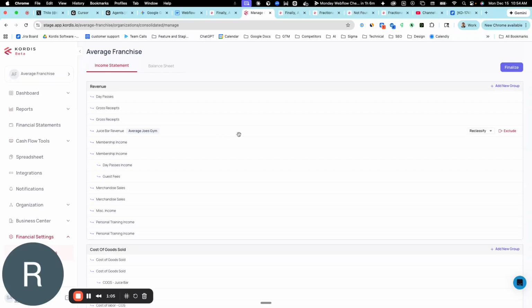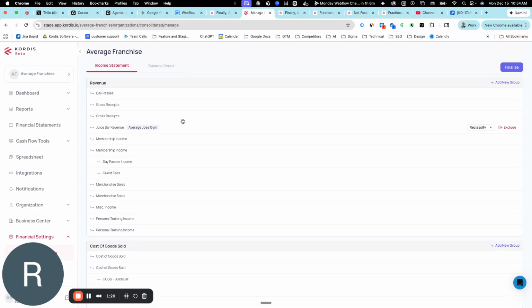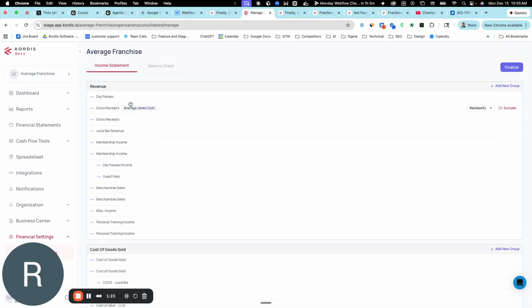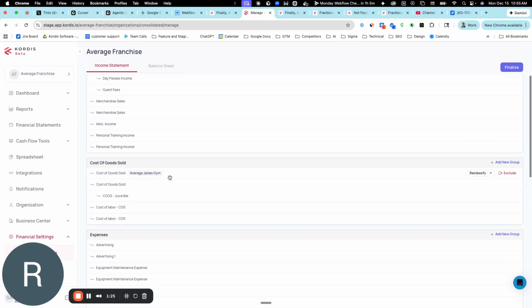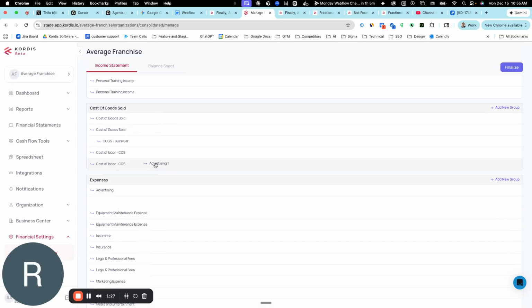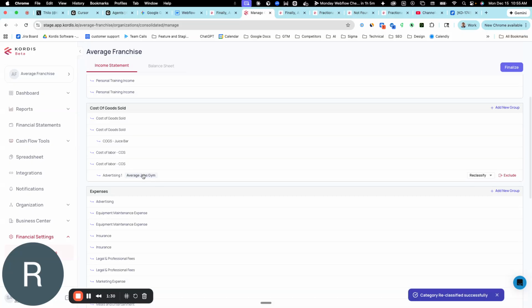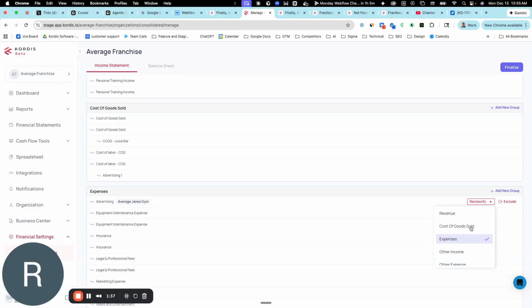screen where you can see all of your income statement and balance sheet accounts listed in the different system level accounts of our Kordis backend hierarchy. So you can do things like moving things from expenses to cost of goods sold if you wanted to do that for whatever reason. You can just do that via drag and drop, as I just showcased, or you can also just do it in the drop down menu on the right hand side,